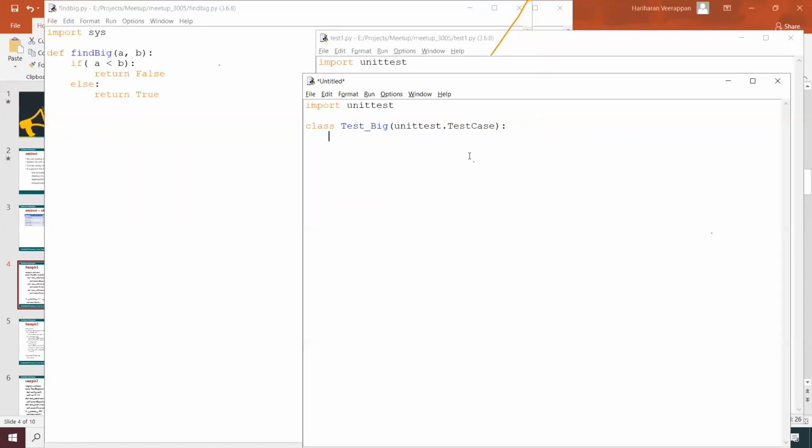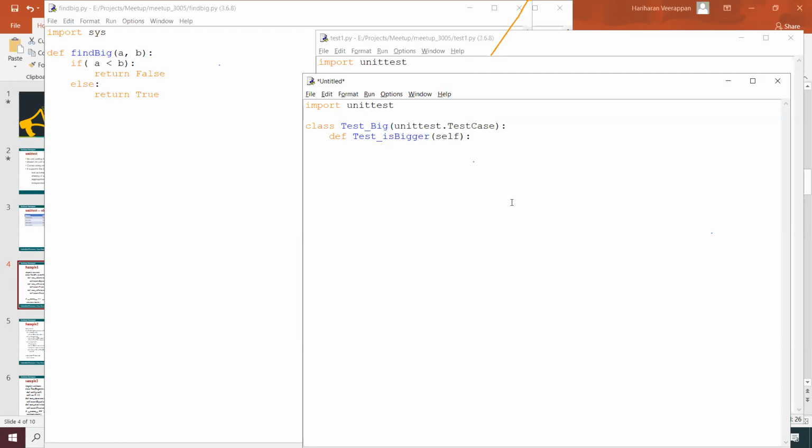In that, maybe we can check, for example, whether it is bigger or not. For that I'm going to do test is bigger of self over here.